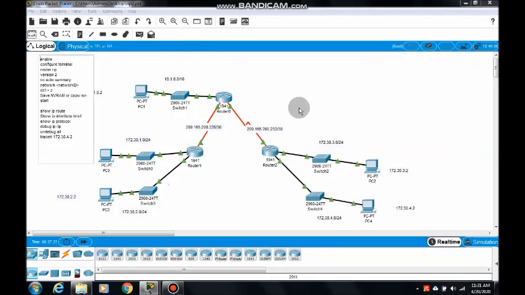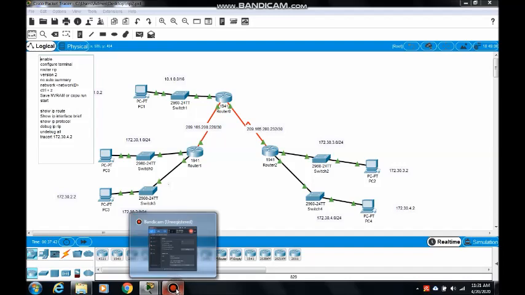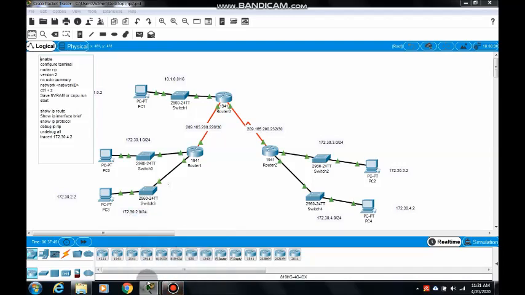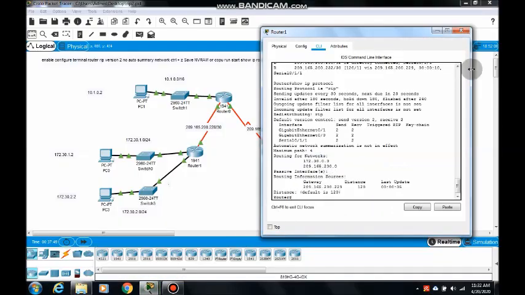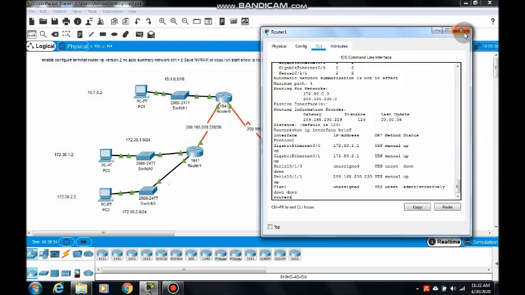Next you can give the show IP interface brief also, so the interface addresses are shown.